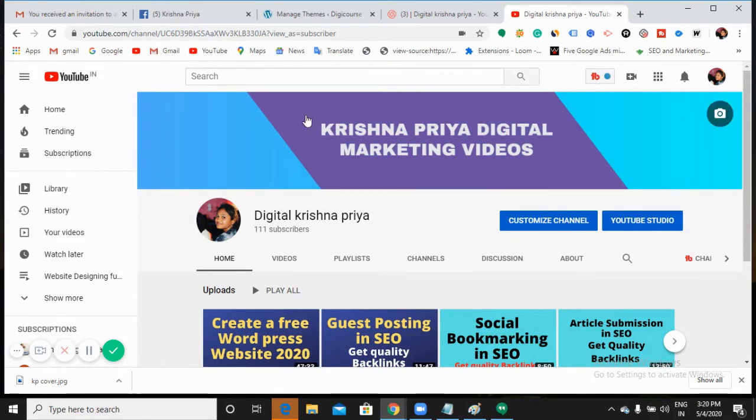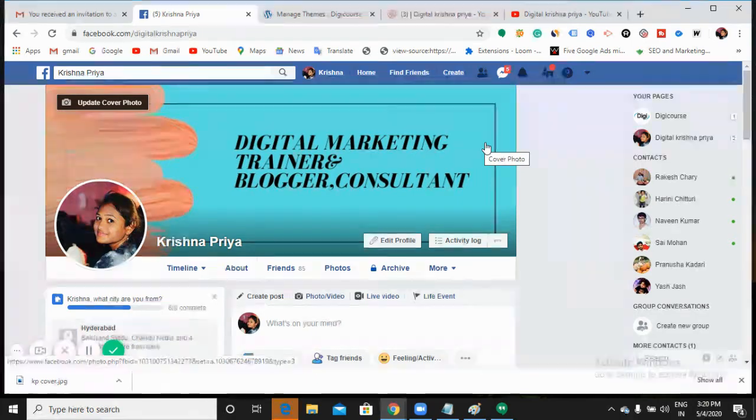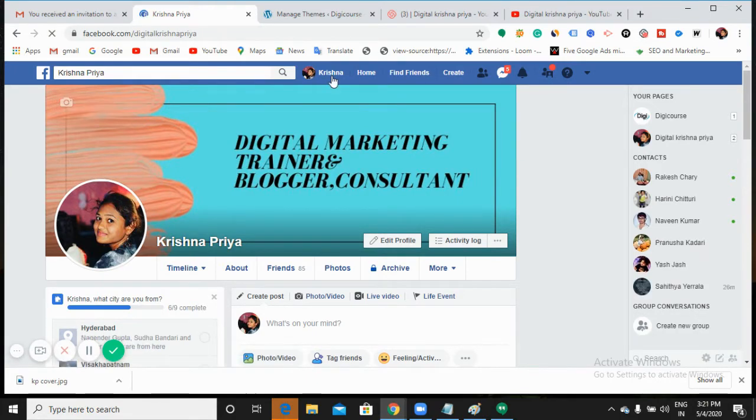In order to add a Messenger box, first of all, you should have a Facebook account. And second, in that Facebook account, you should have a Facebook page. Make sure that you have a Facebook business page in your account. Then only we can add Messenger, and then only we can use some messaging options. Okay, now let us see.